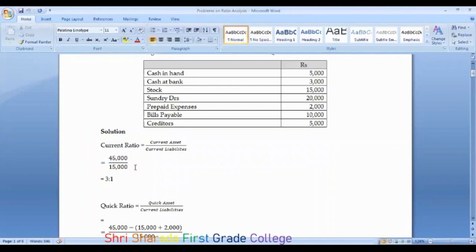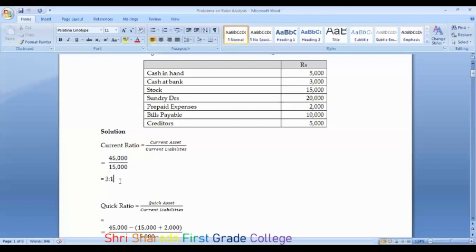So here we got 3 is to 1 as the current ratio, which is indicating the company is well and good. If you get 2 is to 1 itself, you can indicate that the firm is moving under soundness, which is creating goodness in the company. Here you have got the current ratio at 3 is to 1, so it is still better in condition for a business concern.